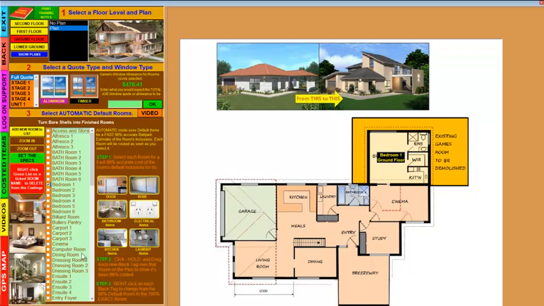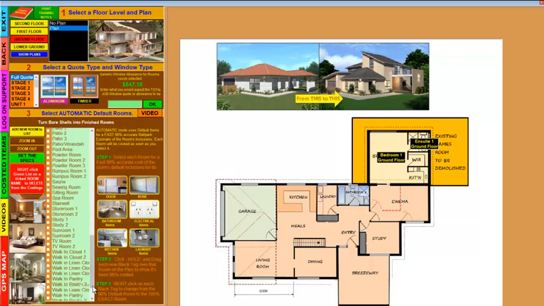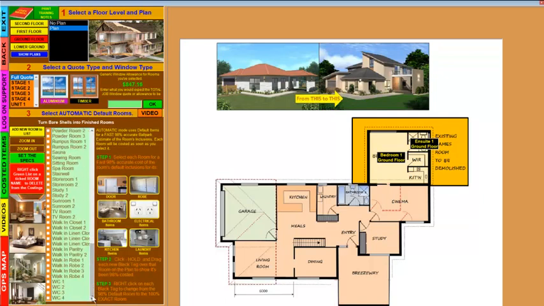Okay, I've now got an ensuite to do, so I click on ensuite in the green list, and I trace that up there. And as you can see, the program is progressively adding in generic costs up here for all the windows. I've got a walk-in wardrobe, which doesn't have any window in it. Okay, so that goes through to here. And then I've got a kitchen window,